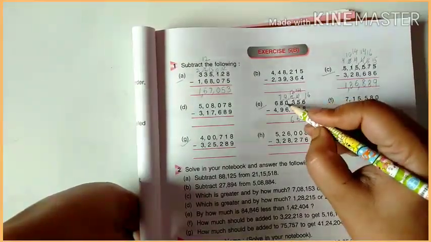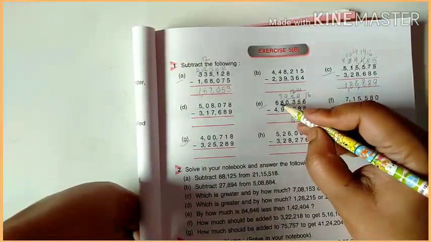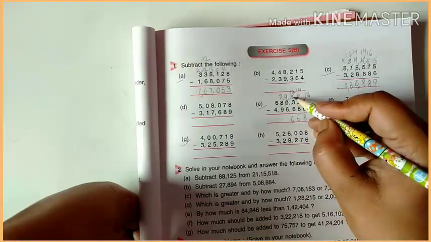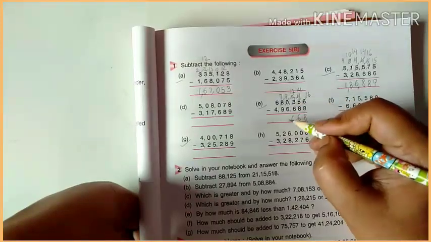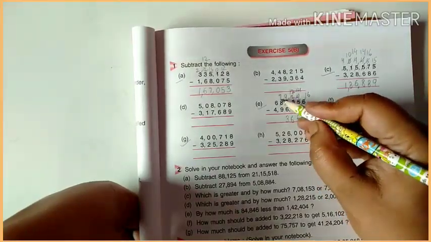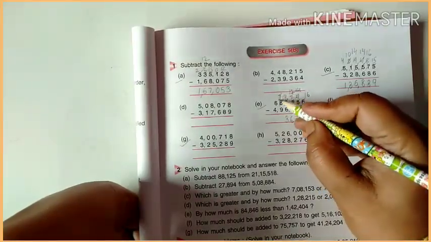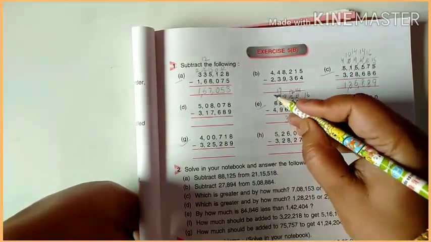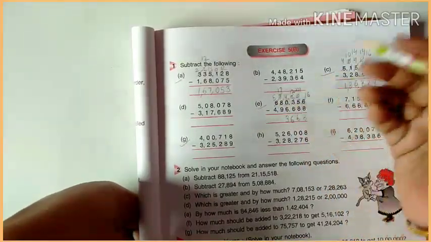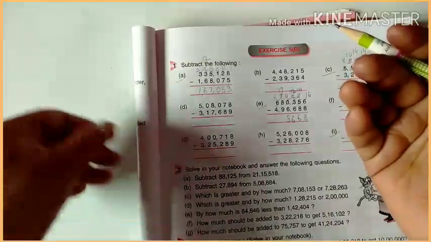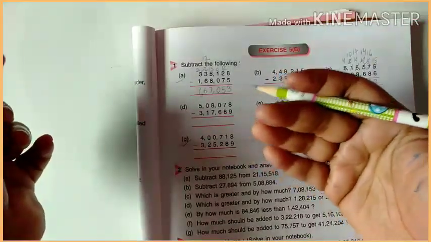This one has 0, it cannot give, so it will take a carry, it will become 9 and carry forward. How much did this give to that? It gave 12. Now 9 minus 6 is possible, so this becomes 3. 7 minus 9 is not possible, so it will become 17 here and it will decrease to 5. 17 minus 9 is 15, 16, 17. Minus 9 is 8.